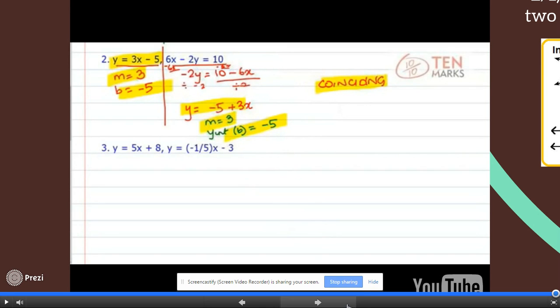Let's try and solve the third one. What do I see? y equals 5x plus 8, which means slope equals 5, y-intercept equals 8. In this scenario, y equals -1 over 5 x minus 3, which means the slope is -1 over 5, and the y-intercept is